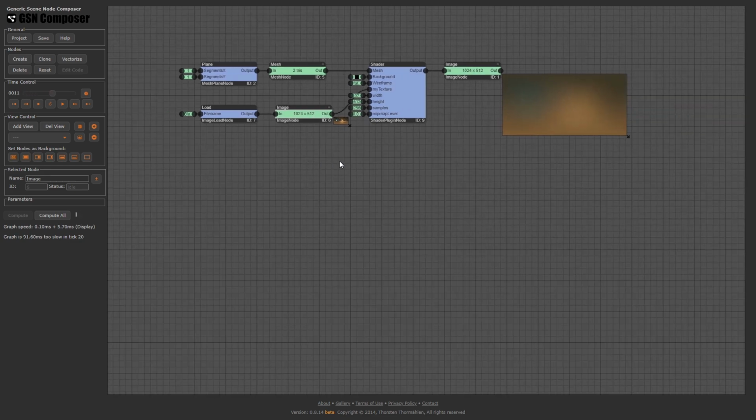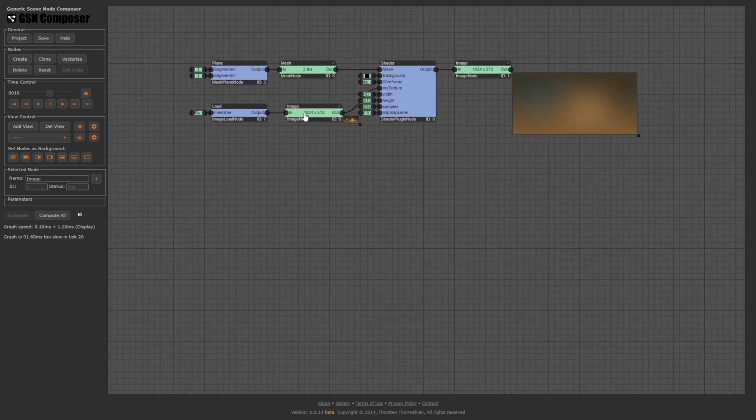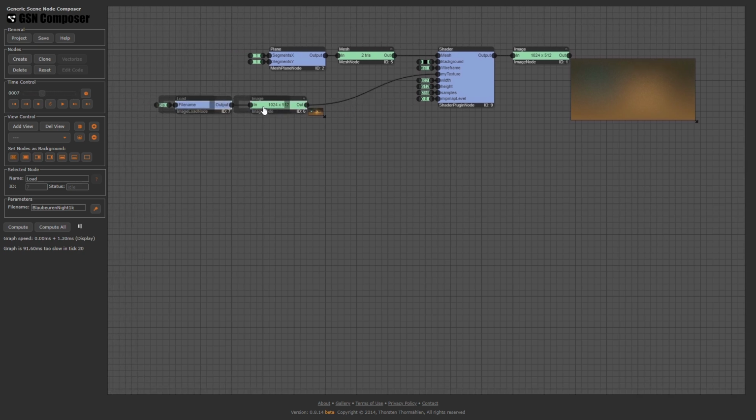When the GSN Composer loads images from files, they are decoded to the sRGB color space because this is the expected output for our standard monitors. As discussed in episode number 4, we need to perform gamma correction to convert the values from sRGB to radiometric linear sRGB values. We will perform this gamma correction outside of the shader such that the bitmaps for the image are also generated in a linear space.